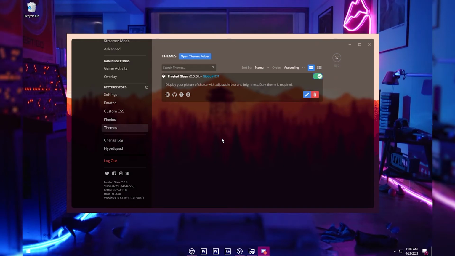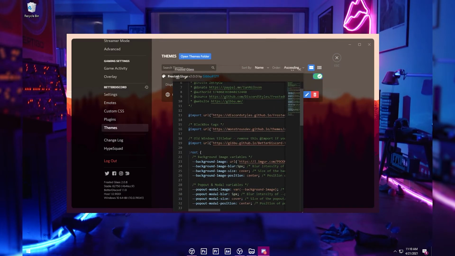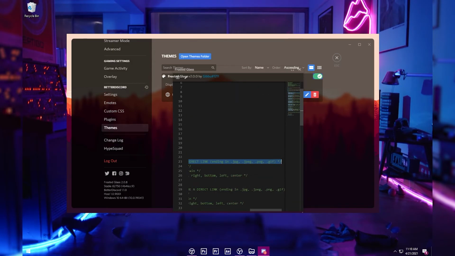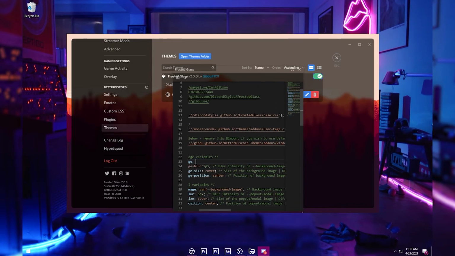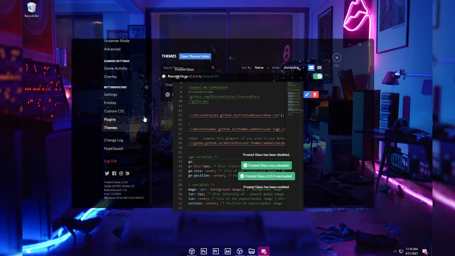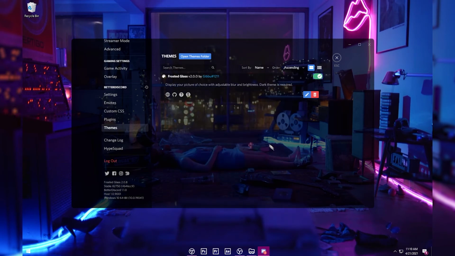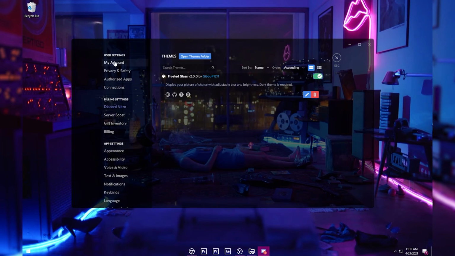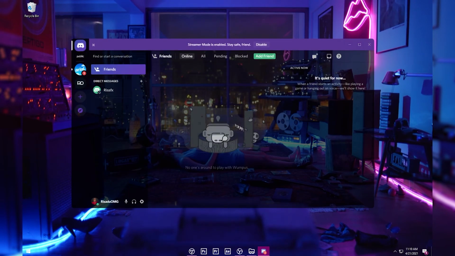Alright guys, now let's see how you can make your Discord look transparent. To do that, you want to click on edit, and again highlight this background image, this whole thing. Hit backspace or delete, then click on save, and there you go. Now there is no image, and it's just the transparent look. And yeah guys, that's how you can make your